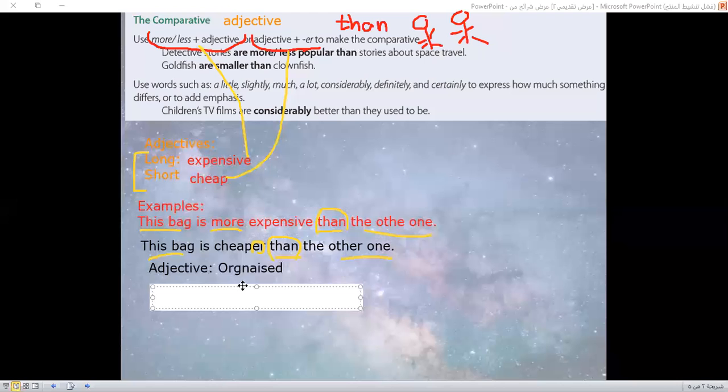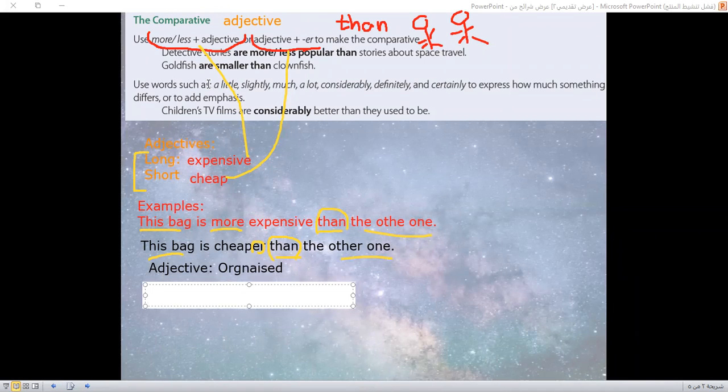It's a long one. Now I'm going to compare between two sisters, and also I'm going to use one of those words to add what? Emphasis. كأني أؤكد على الجملة أو على المقارنة. So I'm going to say